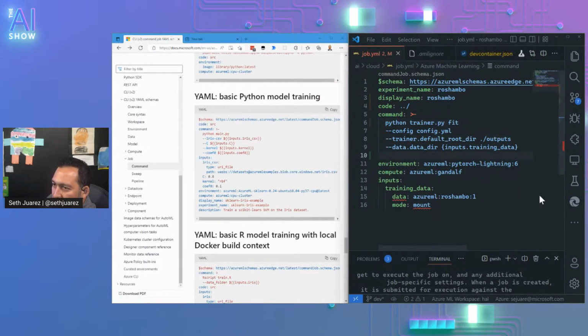This looks like the inputs are where we define the training data.